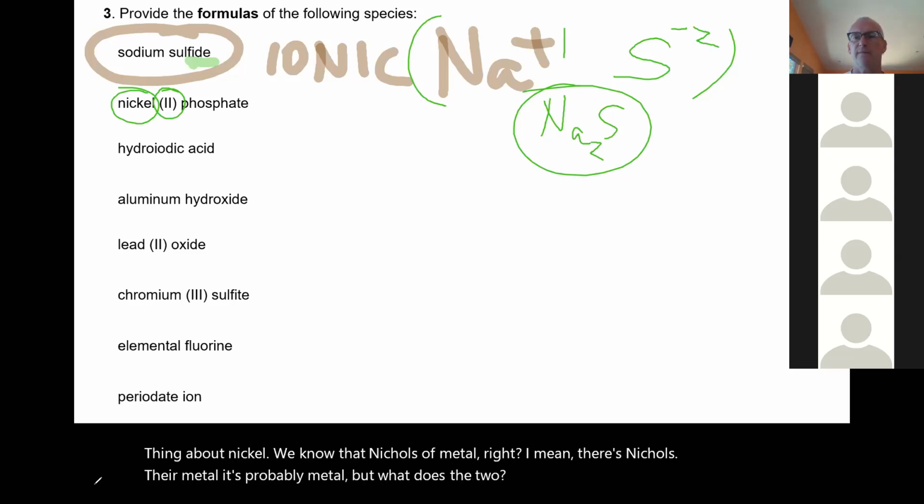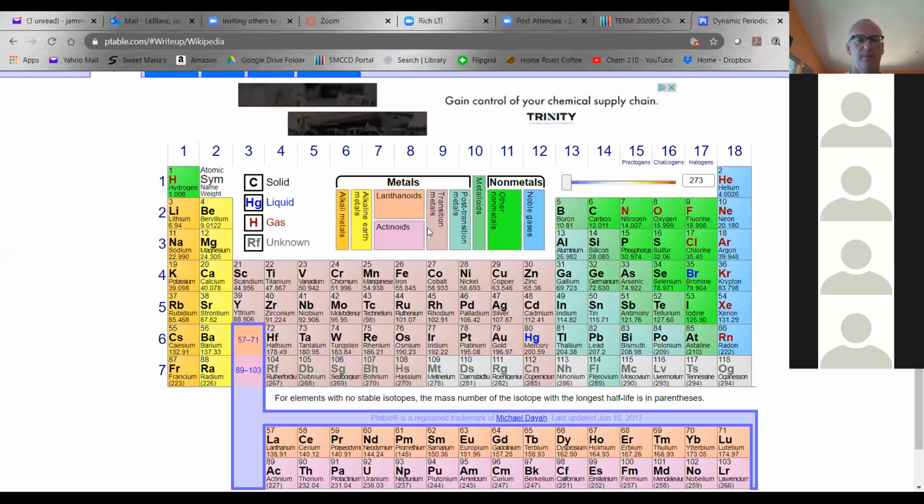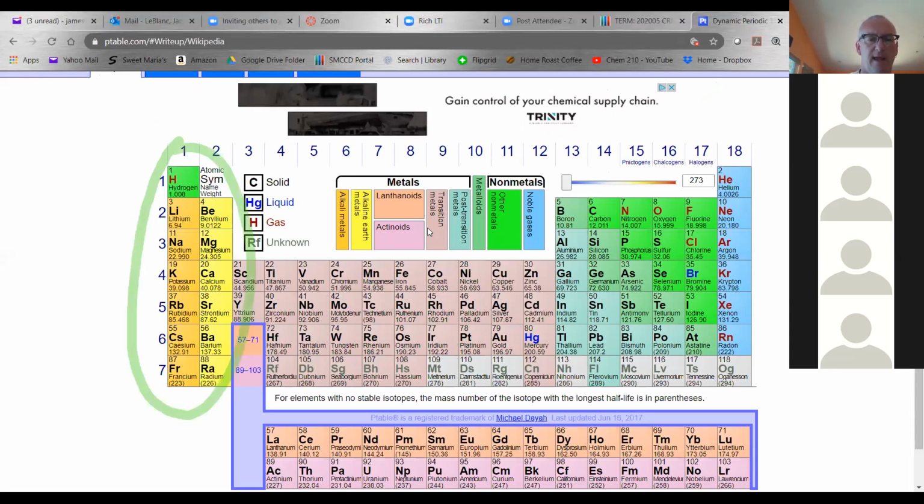Let's go back to our handy dandy periodic table. So notice we've got these, let me draw. So we said these are metals, and these are metals in here. But there's something different about these in the middle. Anyone know what we call those in the middle? Metals. Yeah, I think I heard you. Transition metals. Yeah, they're transition metals. You know what that means? It's okay if you don't. Just take a guess. Does anyone know what it means?